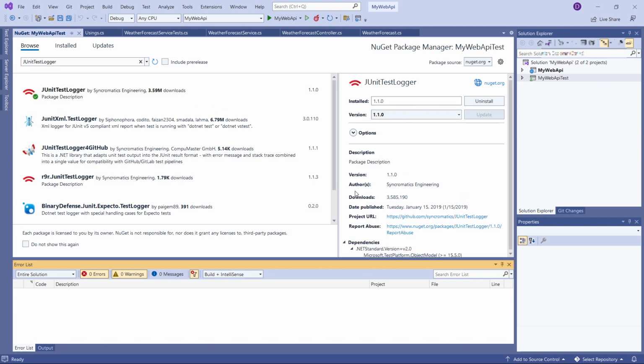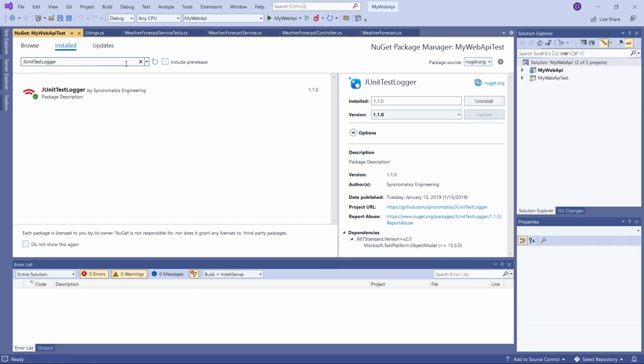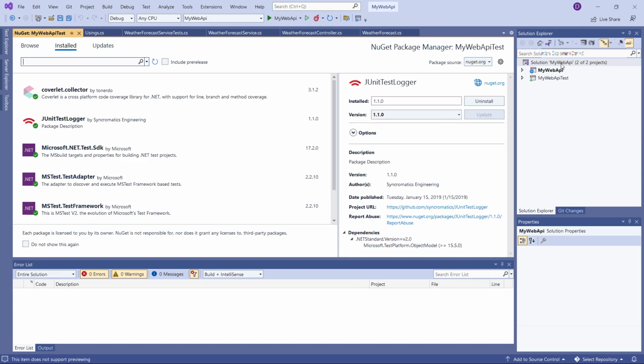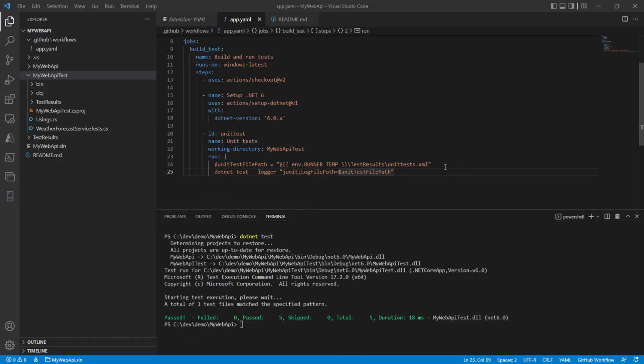And I'm just going to install it in my solution, which seems to, yep, so it did install and everything should build fine. I'm just going to try to rebuild. Very good. So continuing on,